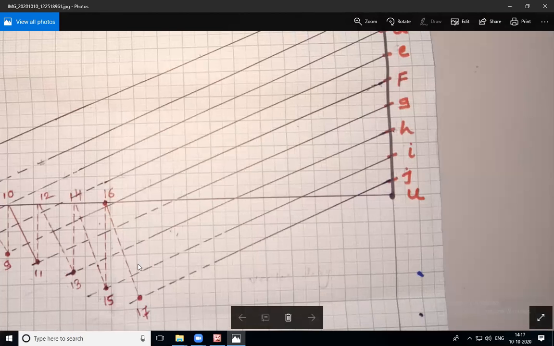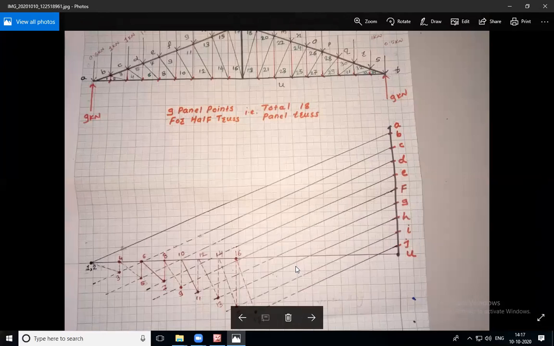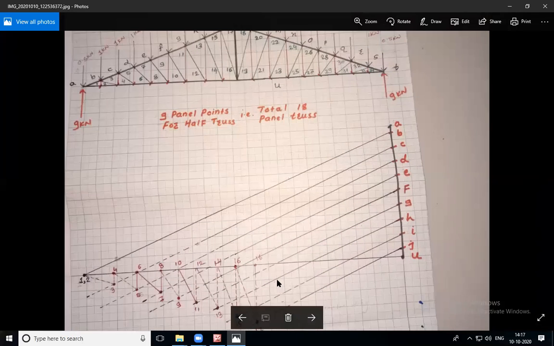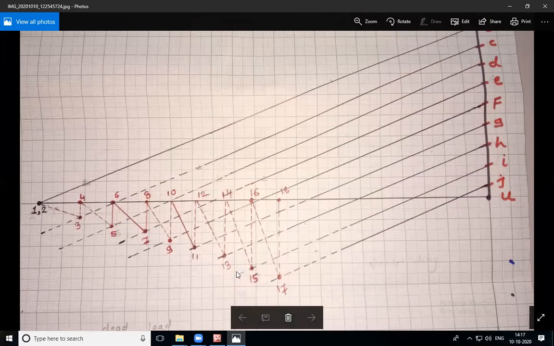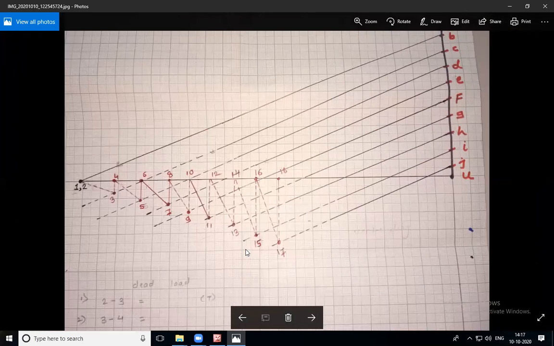Okay, and the vertical line, that is 17, 18. So this figure will be completed now. If you complete this 17, 18, your half of the vector diagram is completed. Now the problem is only about notations, that is tension and compression, which we are going to see right now. Now you have to see this vector diagram first. This is the half vector diagram only, because we are going to analyze only half the truss.